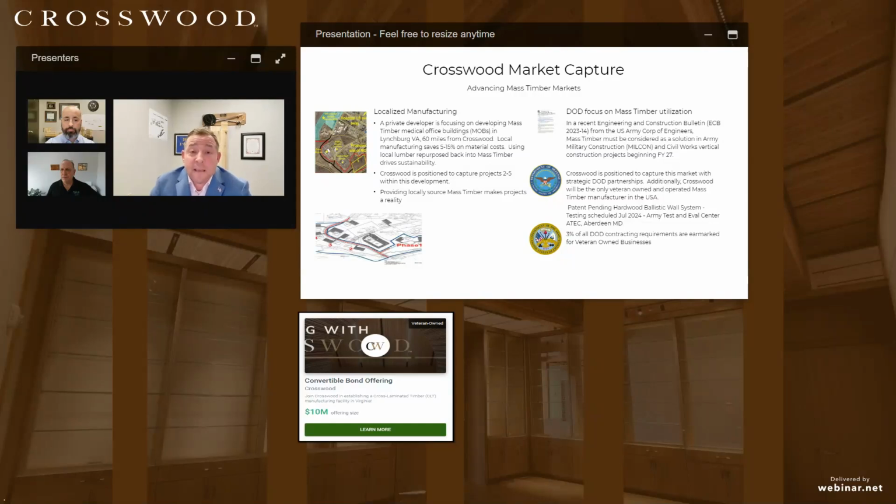This memorandum states that beginning in FY27, all Department of Defense contracts and buildings must now consider mass timber as a viable construction option. The DoD is arguably the largest contractor that we have here in the United States.